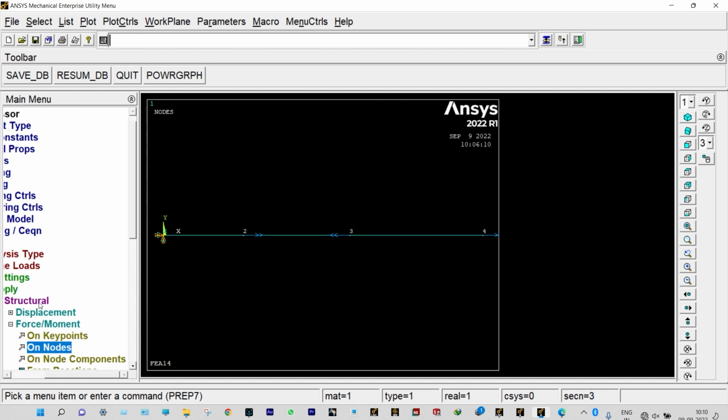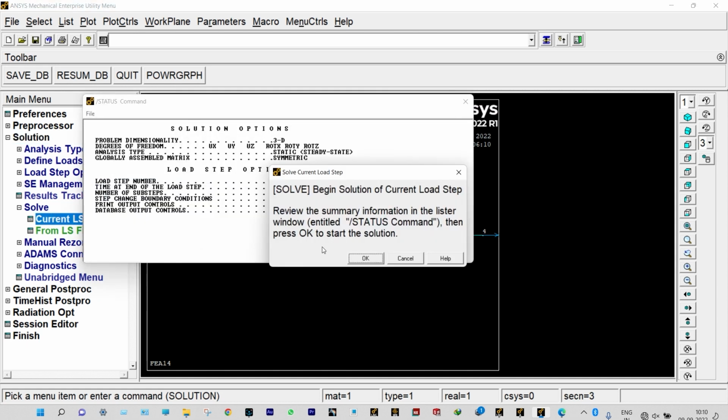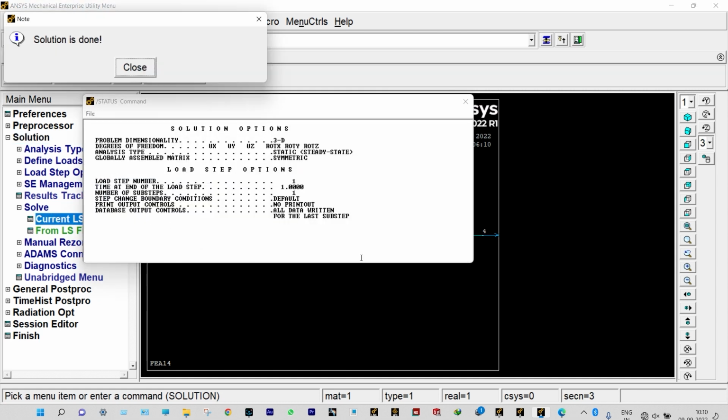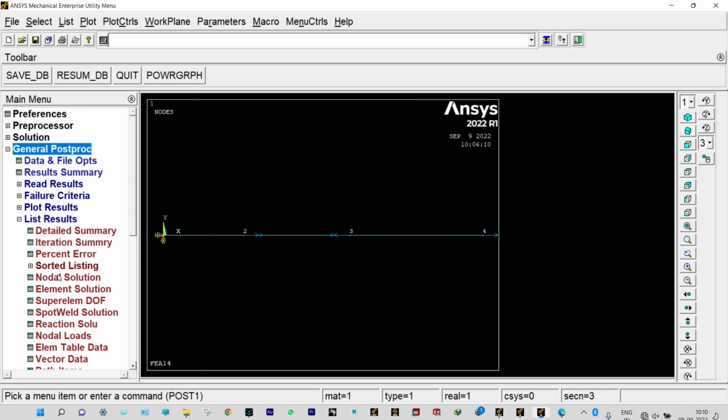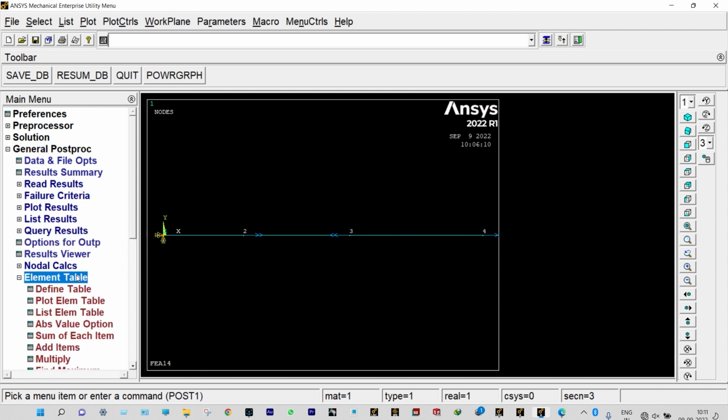Now we need to solve it, right? So solution, solve current LS. If everything is right, it will show solution is done. Okay, it is showing solution is done, so everything is perfect. We can see our results from general post processing, right? Let us close it. General post processing, read results from last set, and we need to define the element table,